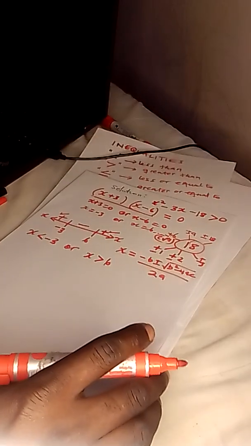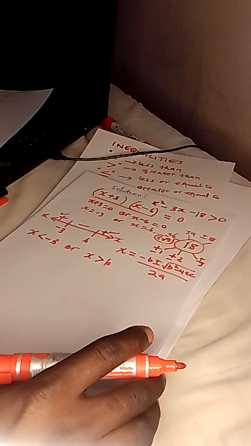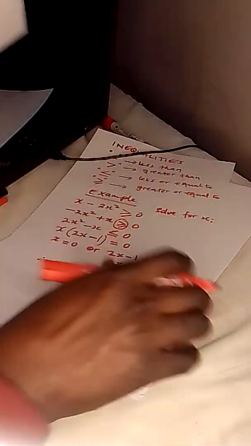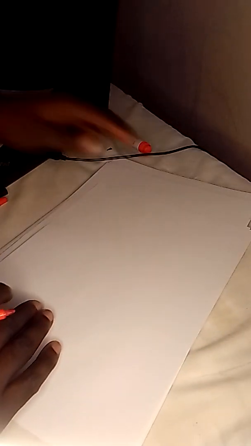Now let me quickly do one involving fraction, rational inequalities. Let us quickly do one involving rational inequalities, whereby it involves fractions. So we're dealing with rational inequalities. Maybe they can give you a question which involves a fraction as an inequality, so then you must know how to deal with it. Now, to deal with rational inequalities, let's say they have given you a question